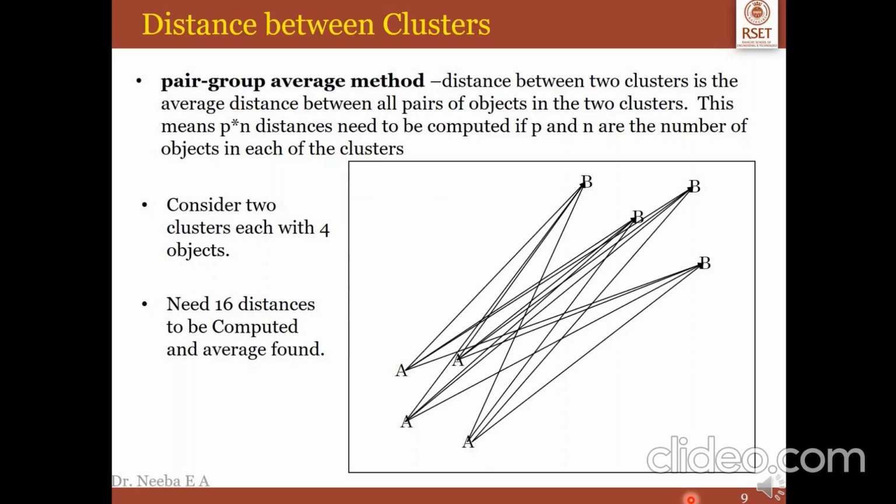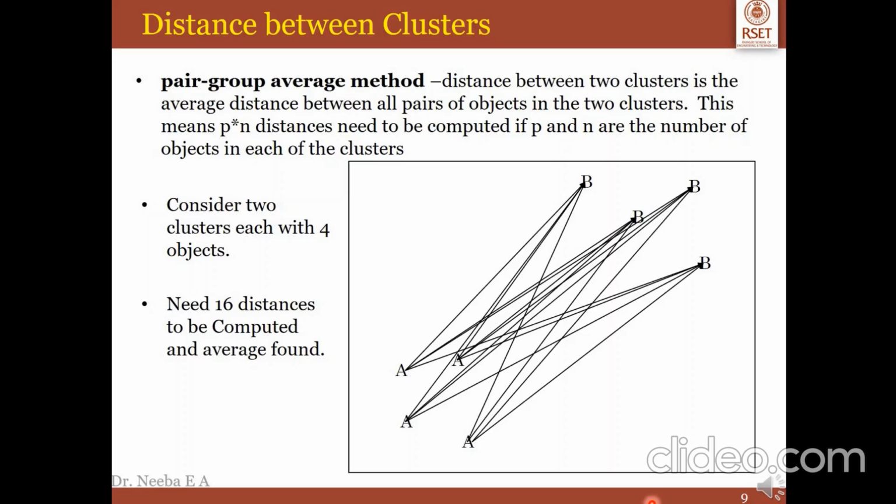The average link or pair group average algorithm, on the other hand, computes the distance between two clusters as the average of all pairwise distances between an object from one cluster to an object in the other cluster. Therefore, if there are m elements in one cluster and n elements in the other cluster, there are mn distances to be computed, added and divided by mn. This approach also generally works well. It tends to join clusters with small variances, although it is more tolerant of longer clusters than the complete link algorithm.